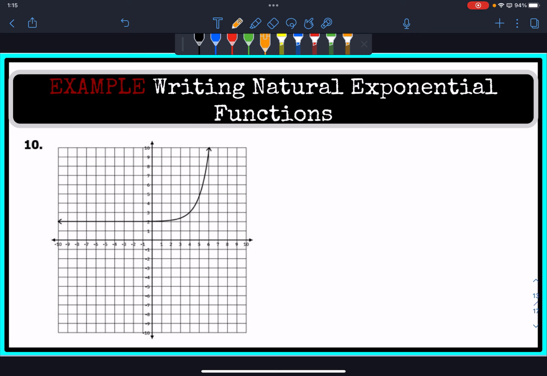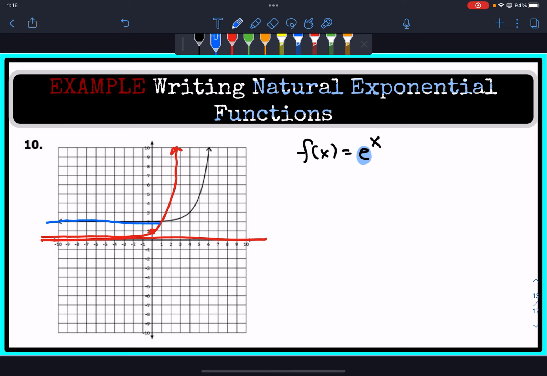natural exponential function. So I'm telling you again that it's a natural exponential function, so f of x is equal to e to the x power. Our base is going to be e because it's a natural exponential function. Now normally this function has a horizontal asymptote at the x-axis, and it increases going through the y-intercept at 1. Now, if you look at the graph of this one right here, notice that the horizontal asymptote is at